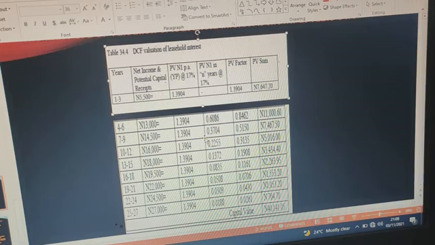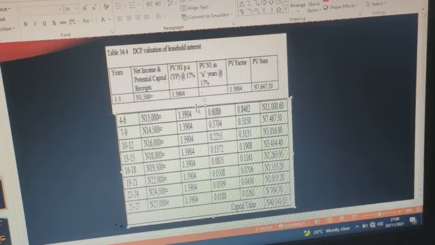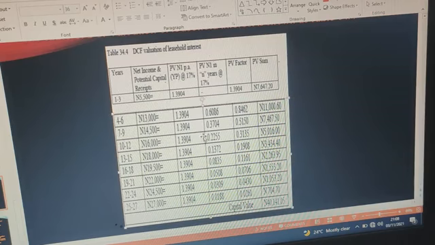Years, net income and potential capital receipts, PVN1 per annum, YP at 17%, PVN1 in N years at 17%, PV factor, PV sum. 1 to 3 and 5,500 equals, 1.3904, 1.3904 and 7,647.20. 4 to 6 and 13,000 equals, 1.3904, 0.6086, 0.8462 and 11,000. 7 to 9 and 14,500 equals, 1.3904, 0.3704, 0.5150 and 7,467.50. 10 to 12 and 16,000 equals